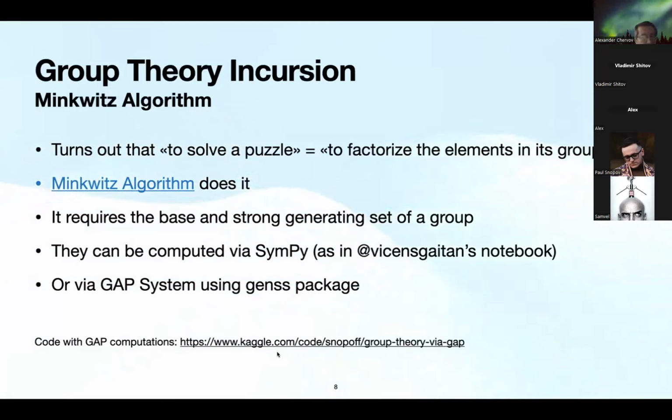Okay. Easier as in shorter? Sorry? And by easier, we mean just shorter? Not really, because the shortest way to represent any element is to write it as a product of the generators. But it's not always possible, at least it's not always easily possible, if I can say so. And therefore, we need the strong generating set, and there are algorithms that can do this. That's what I mean by easily.